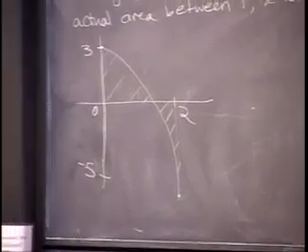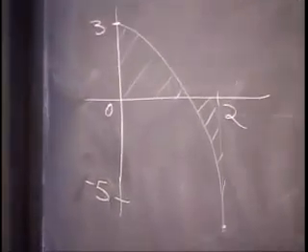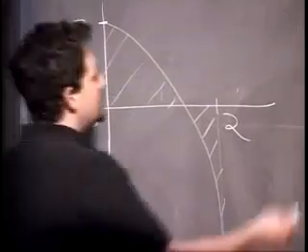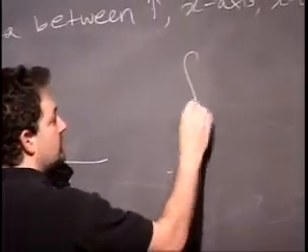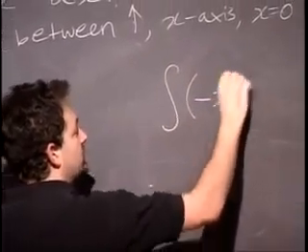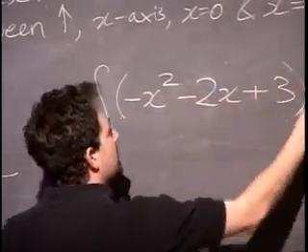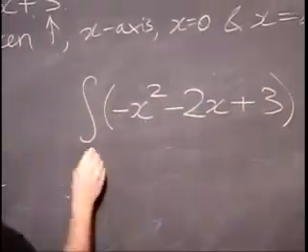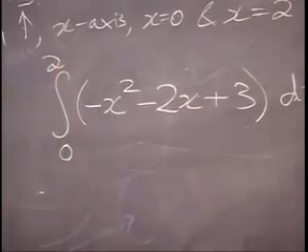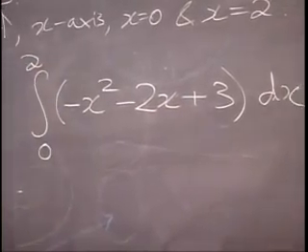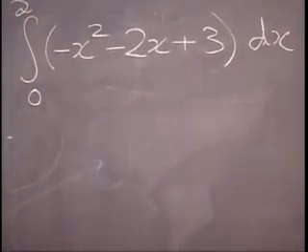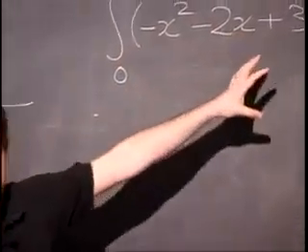Well, what if you just take the integral of this function, minus x squared minus 2x plus 3, and you integrate that between 0 and 2, because that's what the question asks. We can actually do this integral. Let's do it. By the properties that I've said, we can bust this up into 3 separate integrals and pull